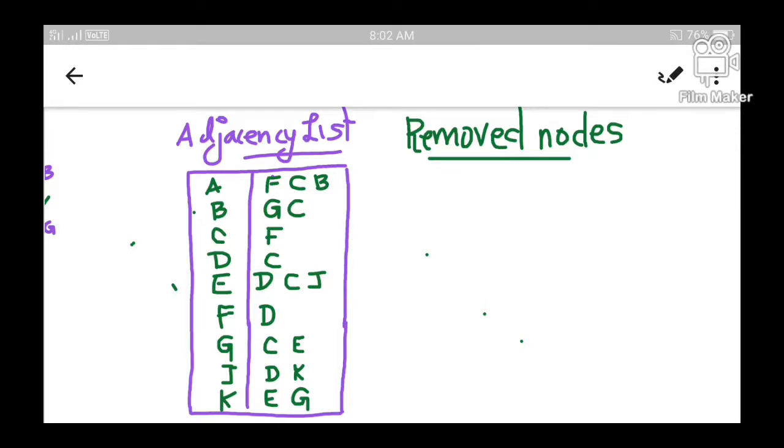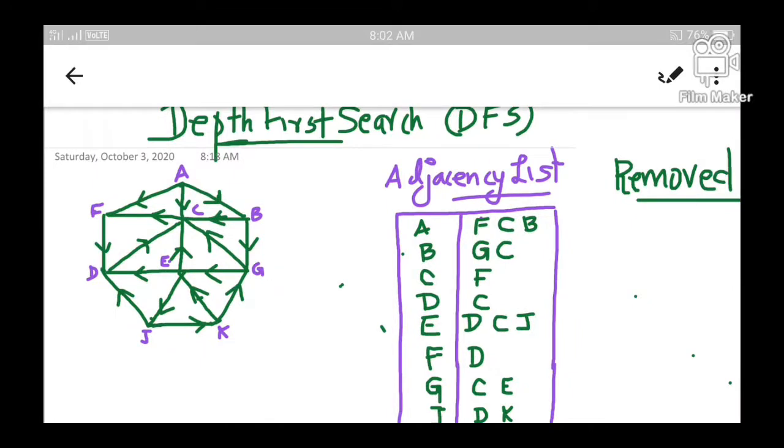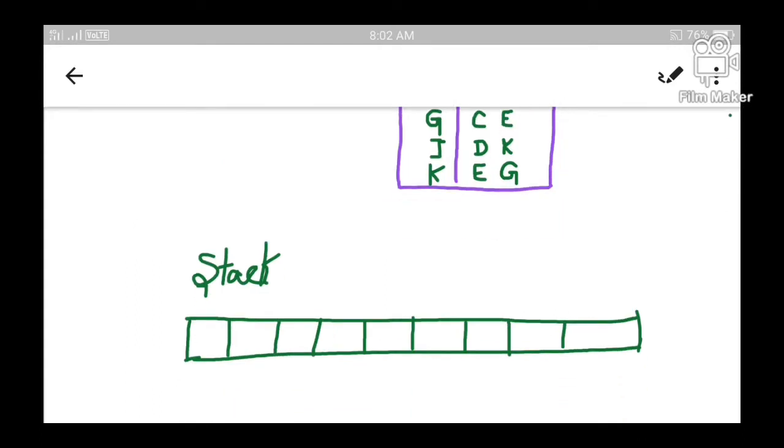Let us begin. So algorithm says first you have to select any node from the graph to start with. So I have decided to start from node A. You can select any node to start. So at present I am deciding to start from node A. So first step is to select a start node. Once a start node is selected, you can insert or push the start node onto the stack. So I am going to push the start node onto the stack.